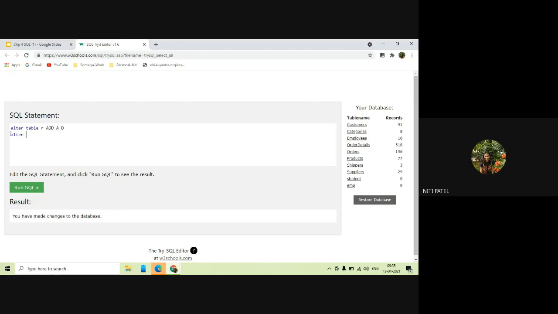So now how will I write the query? Alter table. Which table do I want to alter? Student. So I will write student. What do I want to add over there? I want to add a new column. What all columns we have added? We already added ID, name, marks and address. Now I want to add a column called phone number of a student. So I'll write phone number and the data type of it as integer. Since this is completed, I will end it with a semicolon.